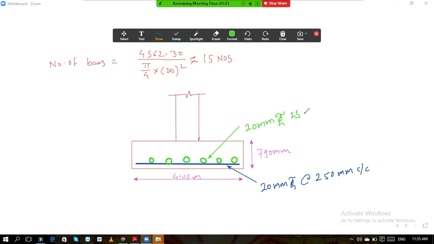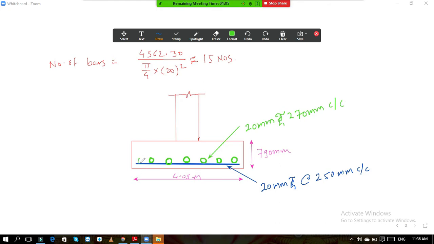How much is the spacing? 44050 divided by 10, 270. The spacing of this bar is about 270 center to center. Okay,